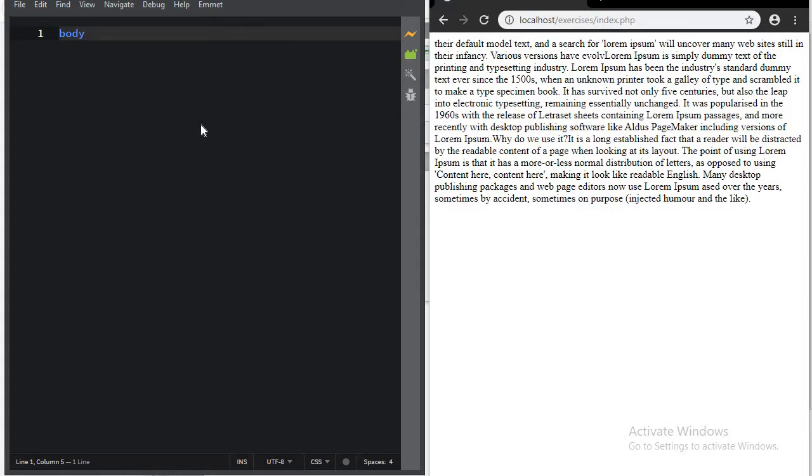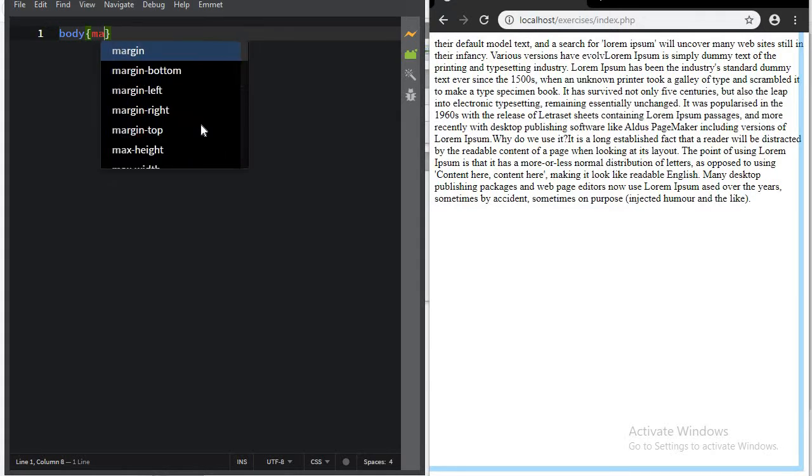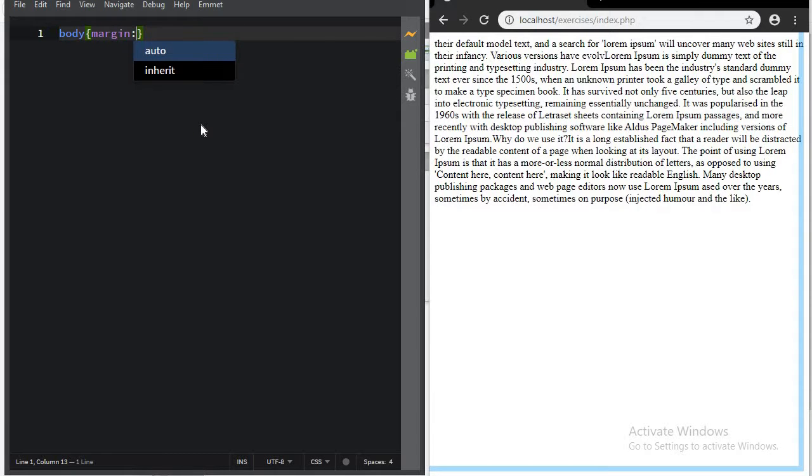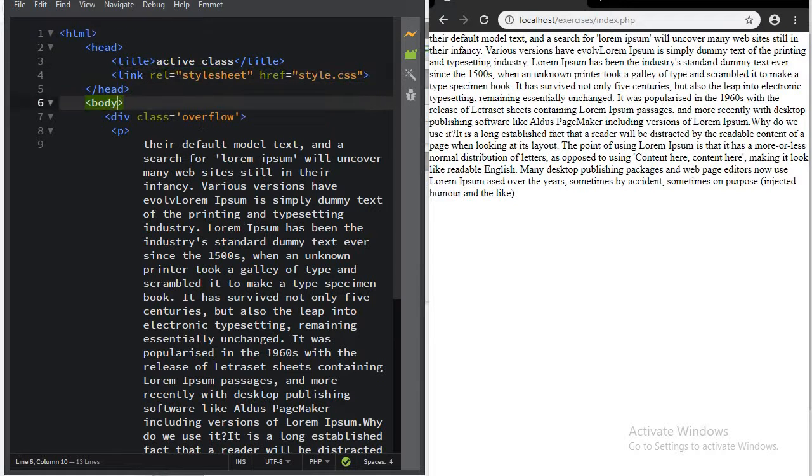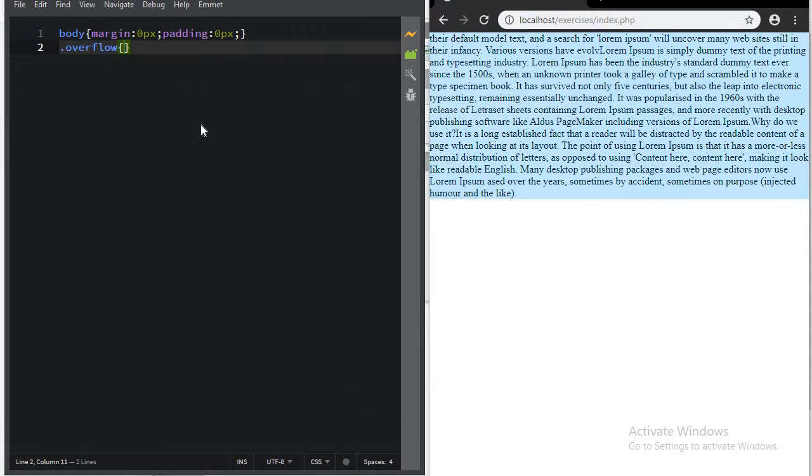I start with my body. I just love to give a margin. It's a habit, so I give a margin of 0 and a padding of 0 to all my things before starting anything. The part we are going to work on is this one called overflow. It is a div. As you can remember, this is a div, and it's the one I'm taking here into my style,